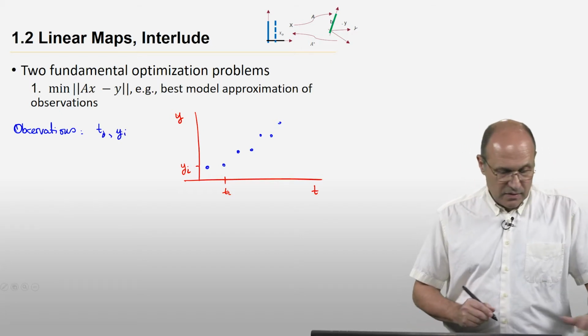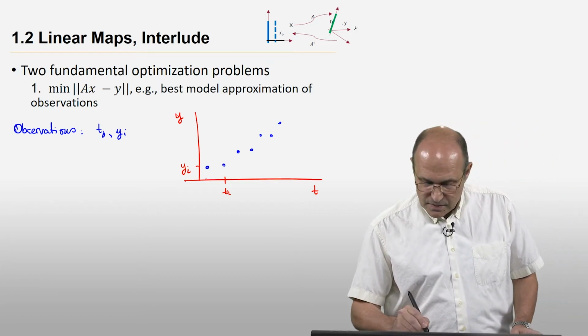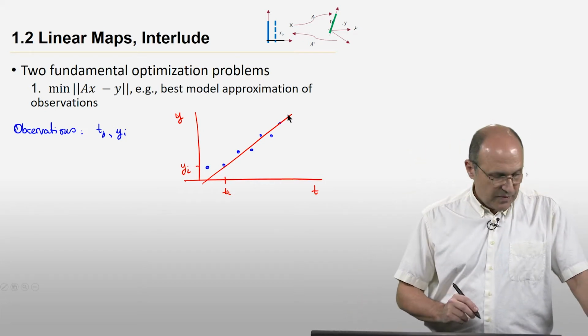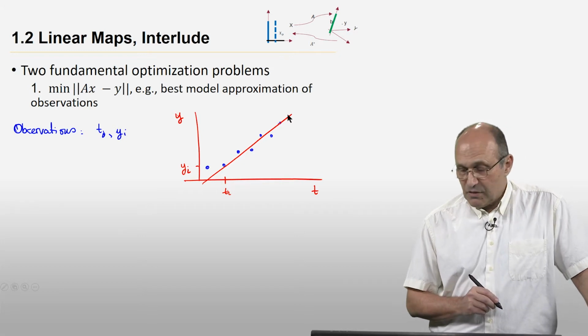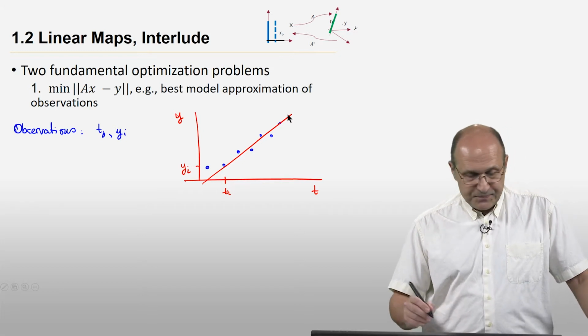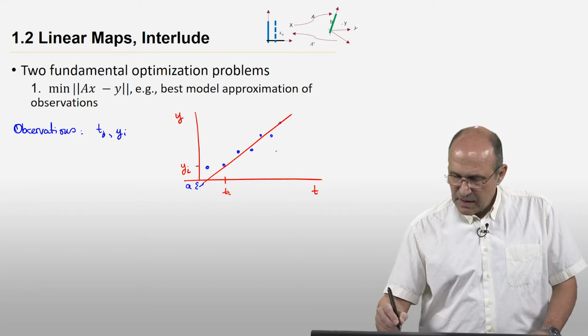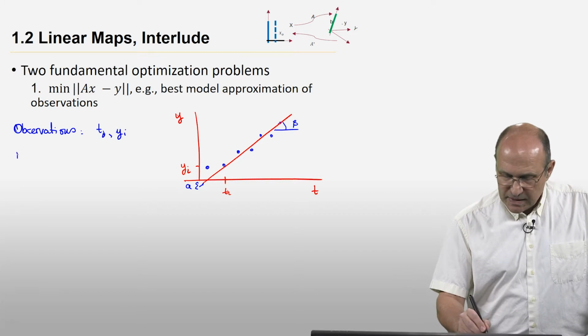So these are our observations, TIs and YIs. We want to find a straight line that does the best approximation of these measurements. So the straight line typically will be defined by an intercept and the slope. So what that means is that we create a model,